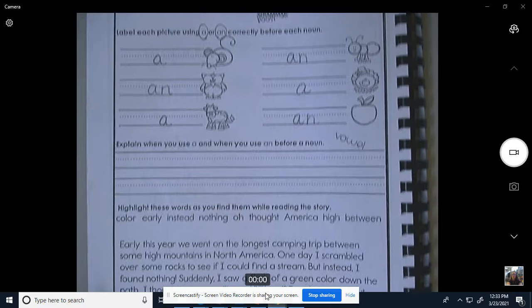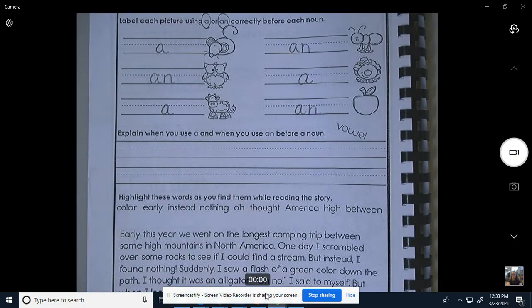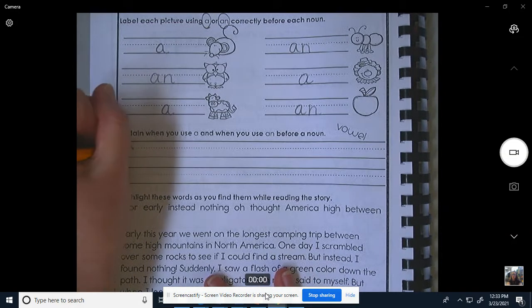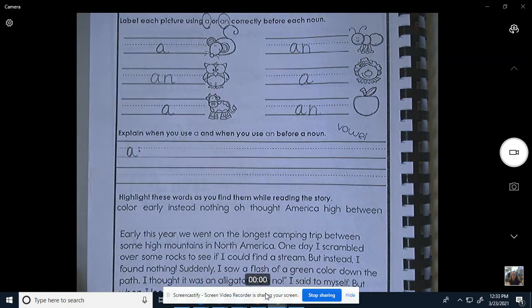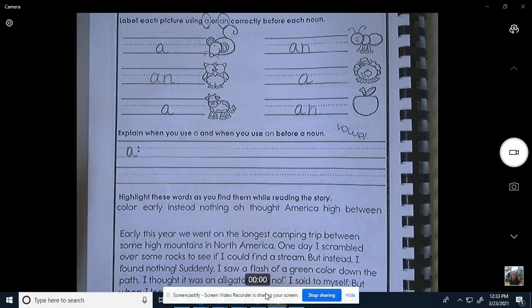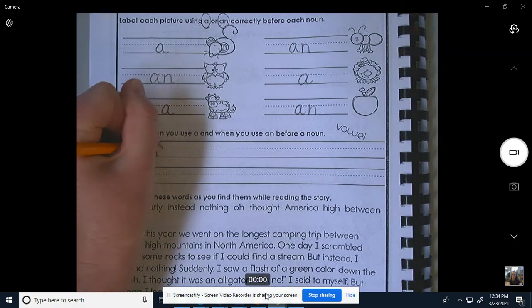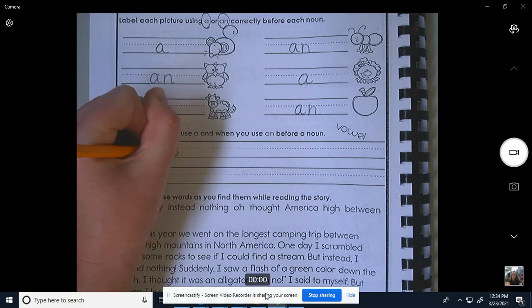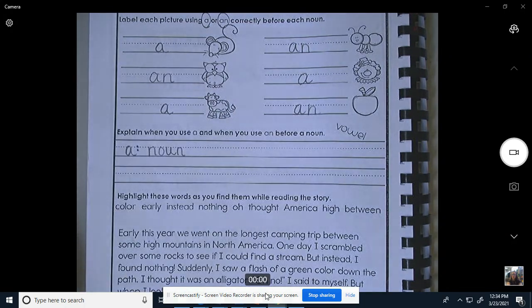Now we're going to explain how do we know which one to use? When do we use A? We use A. I'm going to put little, make it look good. All right, when do we use A? We use A when the noun, and look at that, it has our hunk and chunk for the week. Noun